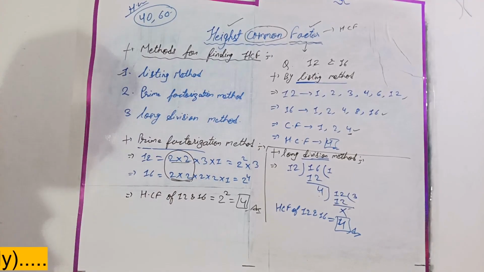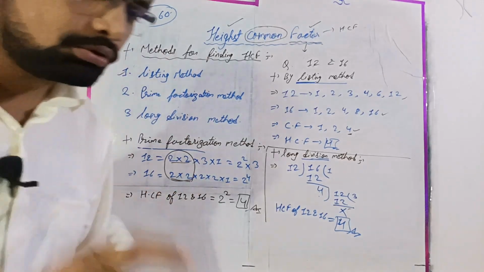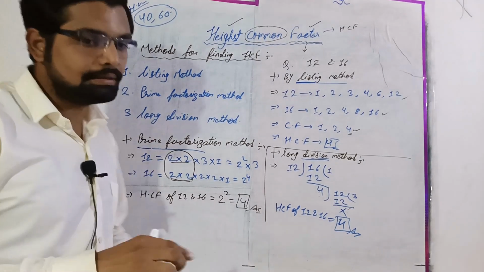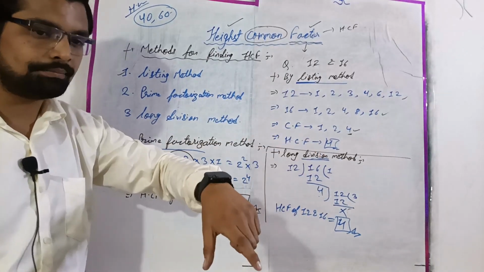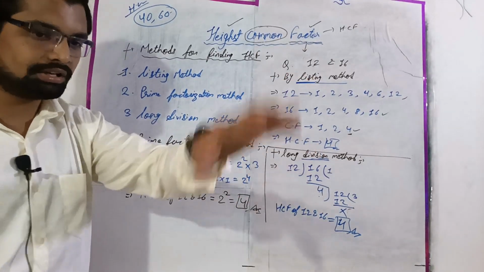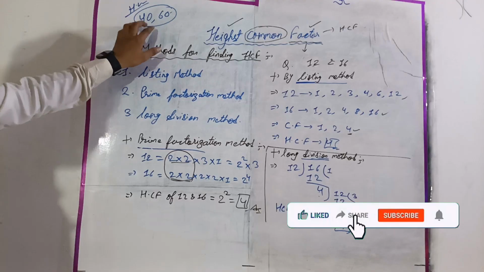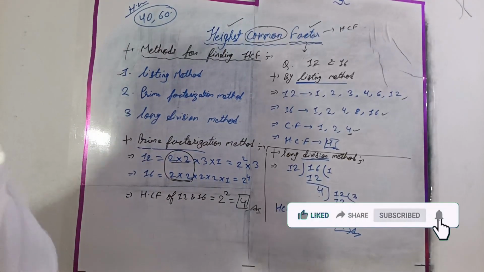Is it clear? Please note it down, and you have to submit the homework today by 9 p.m. Okay, 9 is your deadline. You have to submit the previous homework, and the notes which you have in your classwork copy, first note them down in your fair copy, and then send them to me. And this homework also, LCM of 40 and 60. Please note it down. For today, that's all.